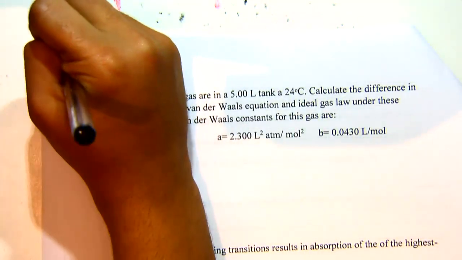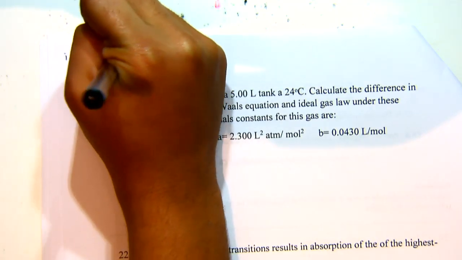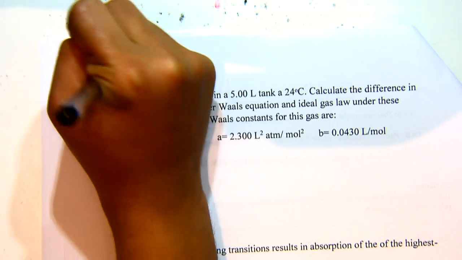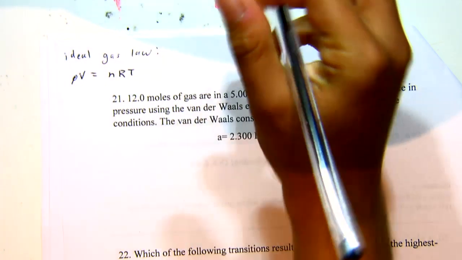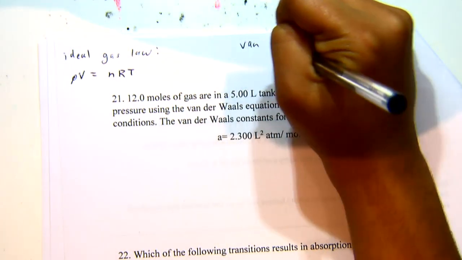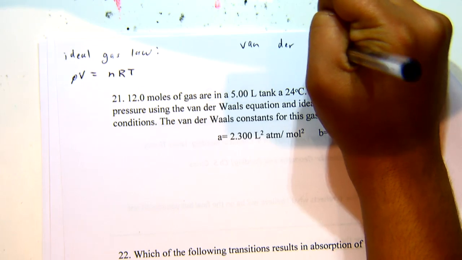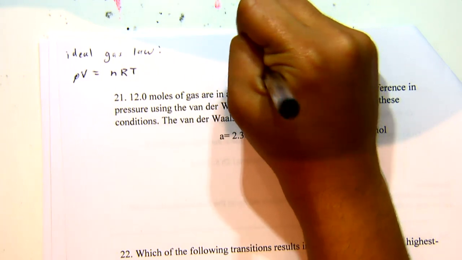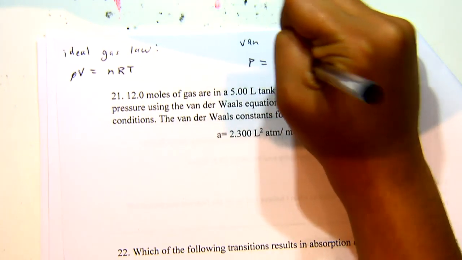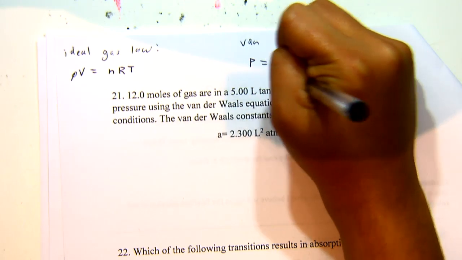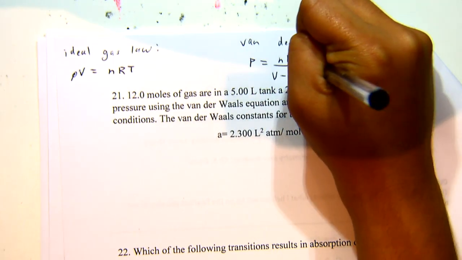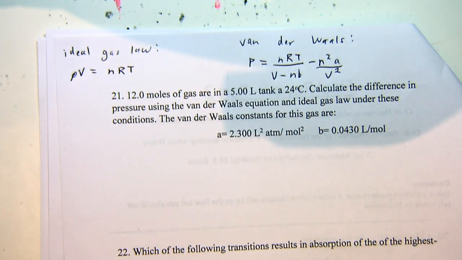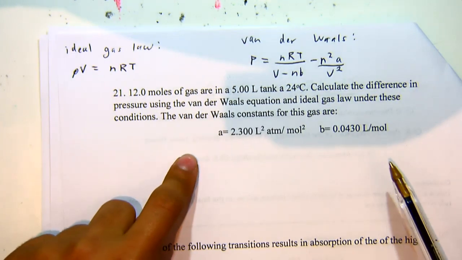Okay. The ideal gas law, we know the equation for that is going to look like PV equals nRT. And our van der Waals equation is going to be pressure equals nRT over V minus nb, minus n squared a over V squared, where a and b are constants that will be given to you